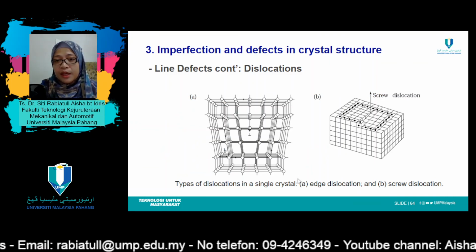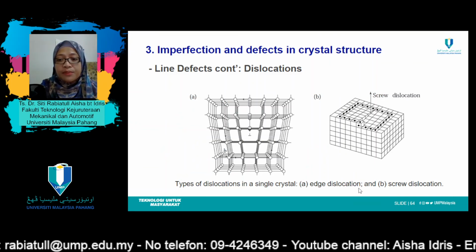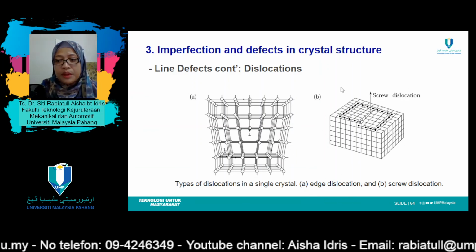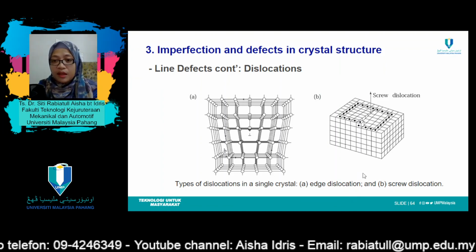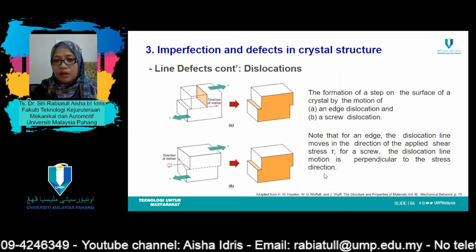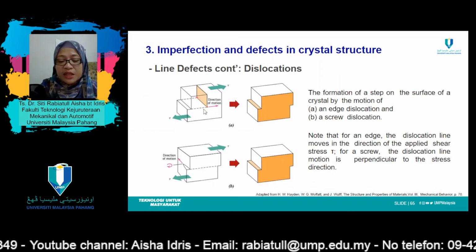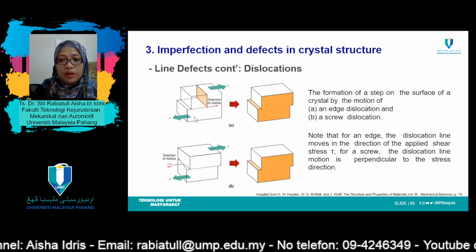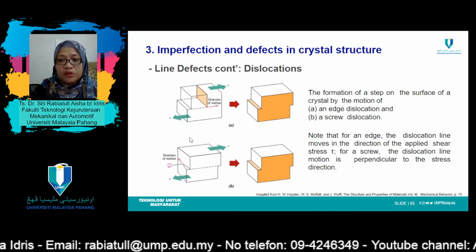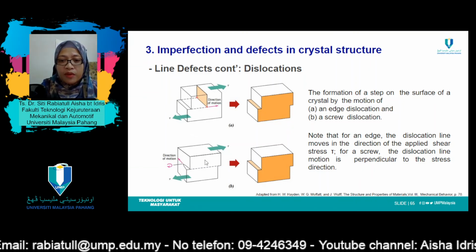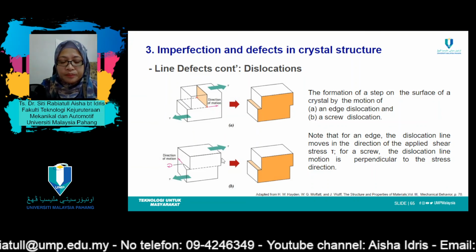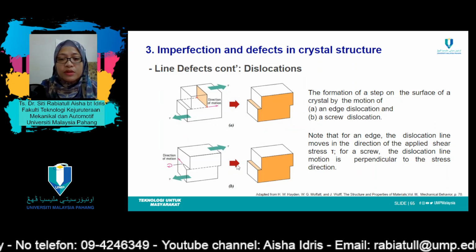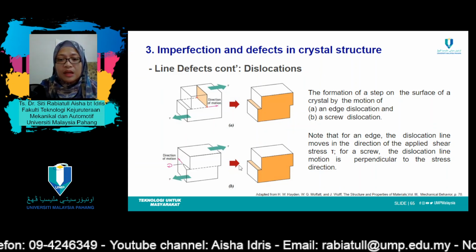This is the illustration of what is meant by edge dislocation. This one is edge dislocation, figure A, and figure B is screw dislocation. I think the next figure shows a much more detailed illustration. This one is edge dislocation. If you see, the direction of motion is perpendicular to the dislocation line, whereas for a screw dislocation, you can see it's moving